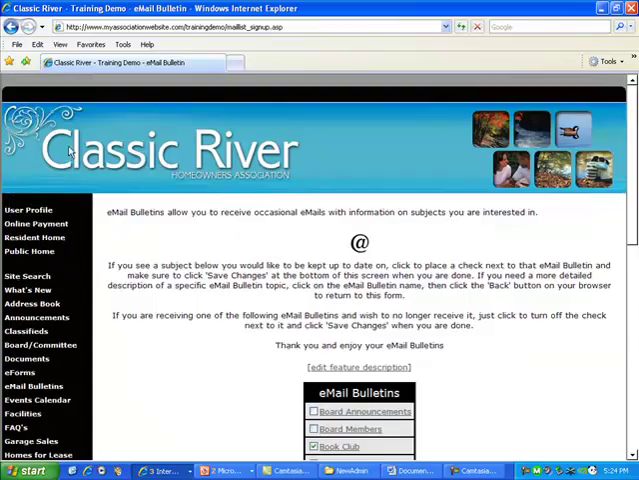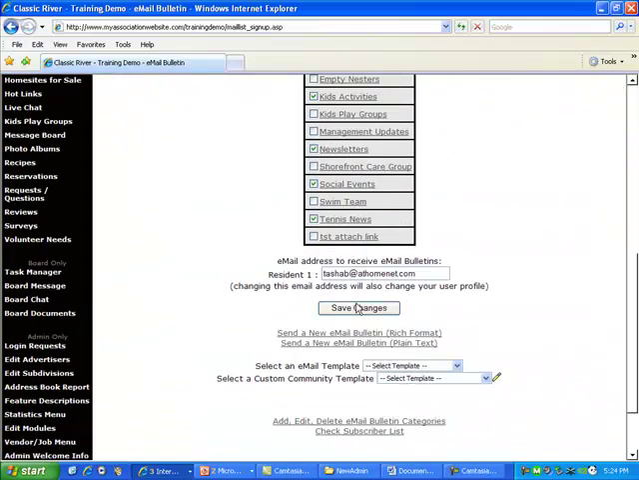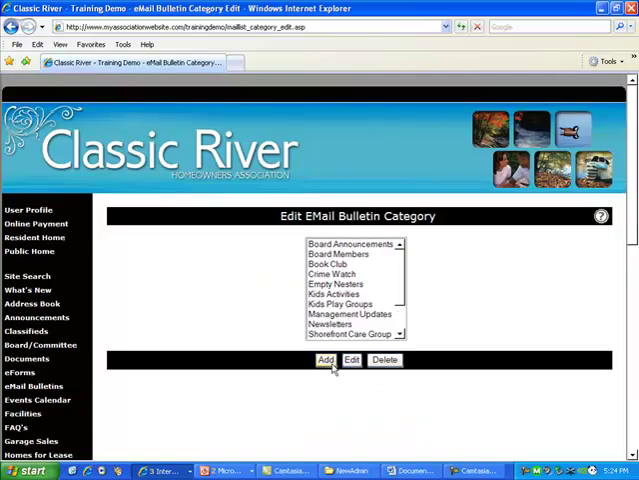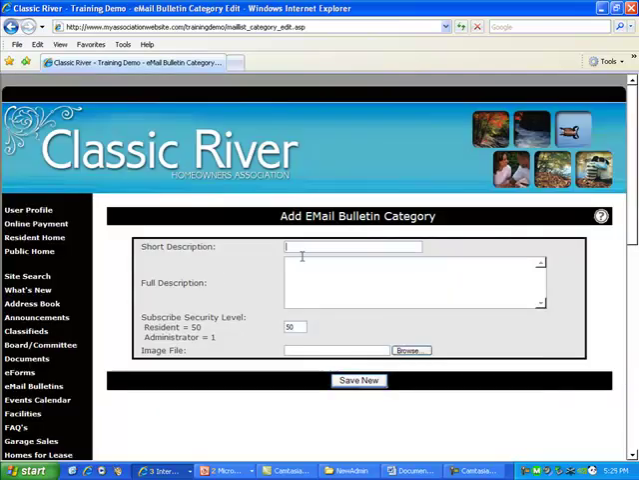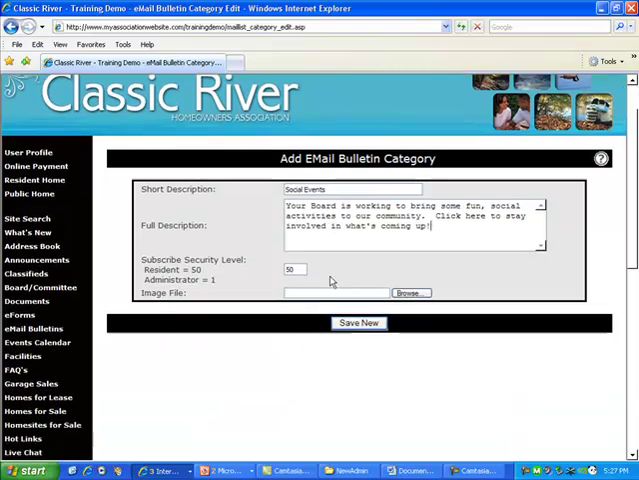We'll first click on our email bulletin feature, and at the bottom of the page we have a link for Add, Edit, Delete email bulletin categories. By clicking this link, we're able to create new topics that our residents can subscribe to. We might consider adding a topic for social events that would issue any email bulletins related to specific or upcoming social events. Provide a brief description of this email bulletin topic with a full description of this particular email bulletin